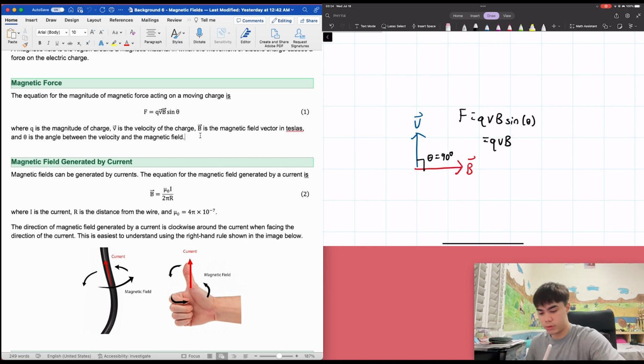We show that with this symbol. So this dot is out of the page, and this